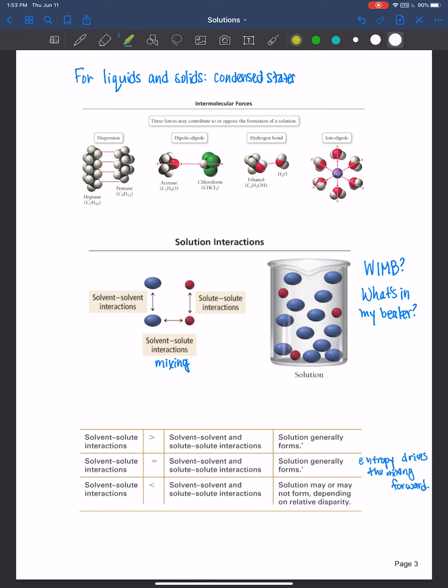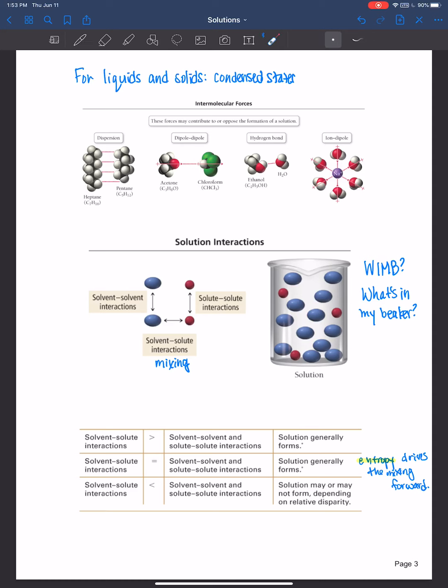And so this is, once again, it's not only the intermolecular forces, but entropy can also help push a reaction or push a solution to mix with the solute